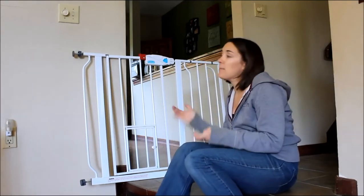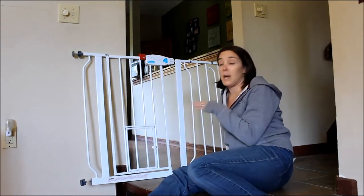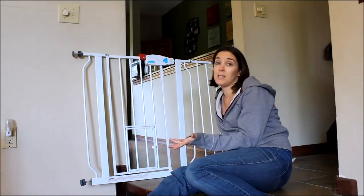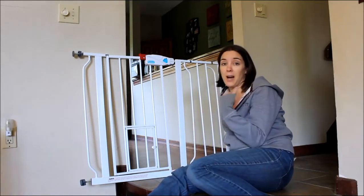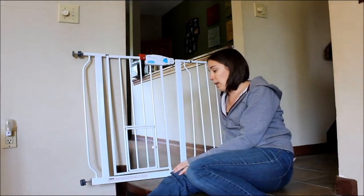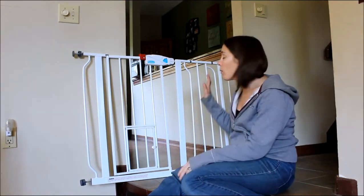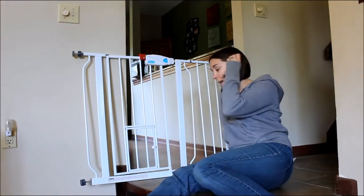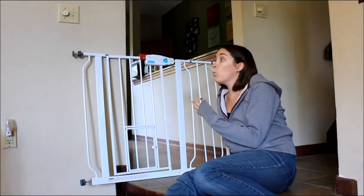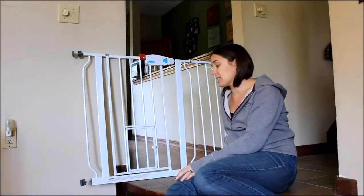But the first time that I assembled this gate, it took me about 15 minutes to get it all set up in the doorway that we use it in, which 15 minutes isn't that long, but if you're going to be moving this around, 15 minutes every time you have to set it up can get old really quickly. So especially if you don't know the width of the doorway and you have to use the extenders and things like that, I might add even a little bit more time than that. So that's the biggest drawback to this one, is that it does take time to pressure mount it,